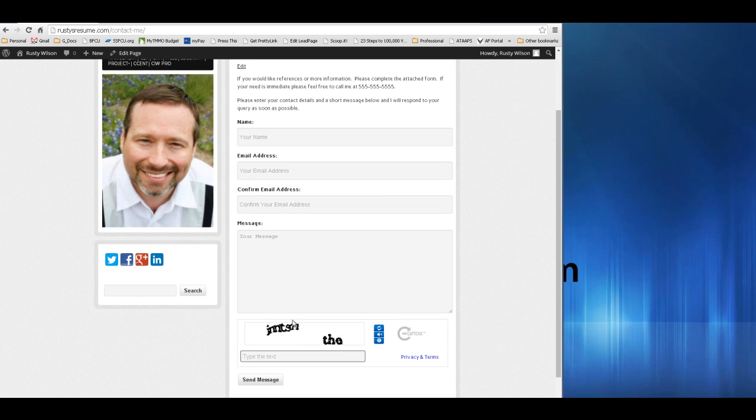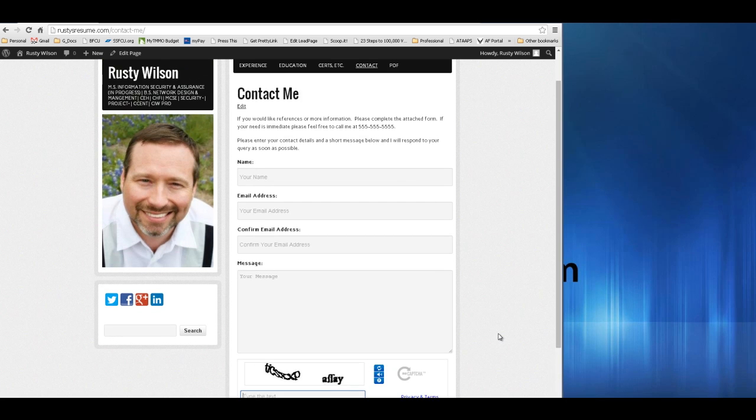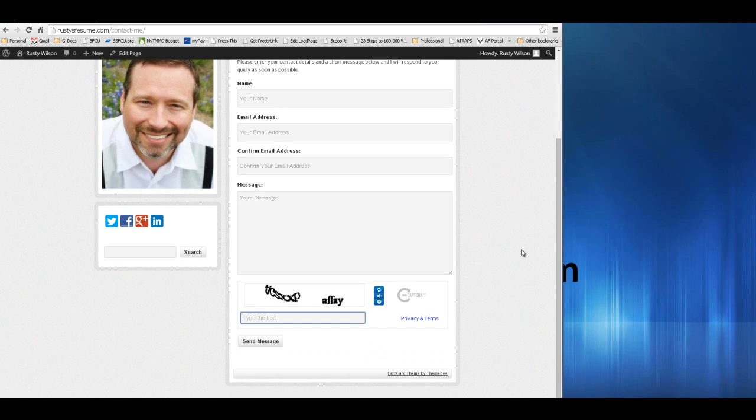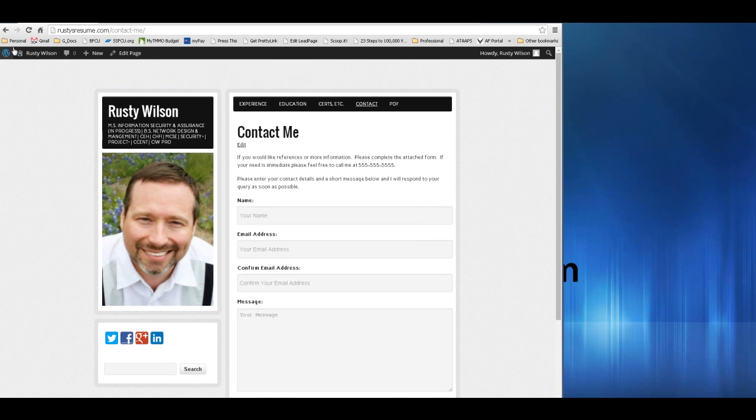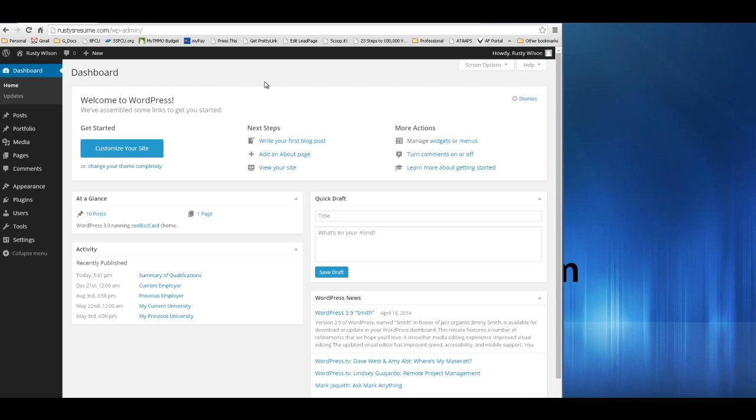And so you've got the CAPTCHA down here, and sometimes that CAPTCHA changes. Sometimes it'll be like numbers or whatever. So it seems pretty random. I don't know how Google decides which kind of CAPTCHA to send forward, but it's pretty good, and it cuts down on the amount of spam that you get. So there's that. The next thing that we're going to do, we're going to go back in the dashboard,